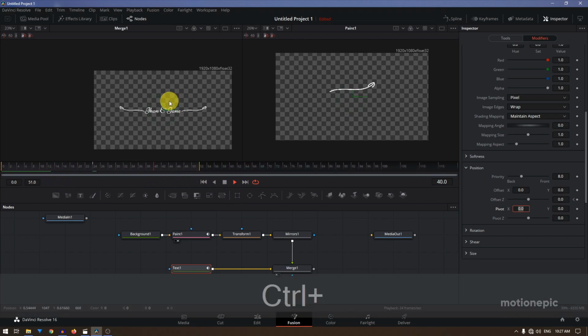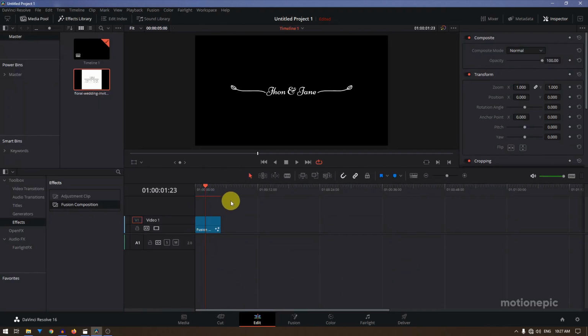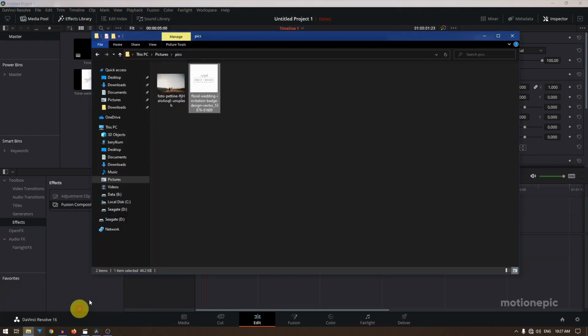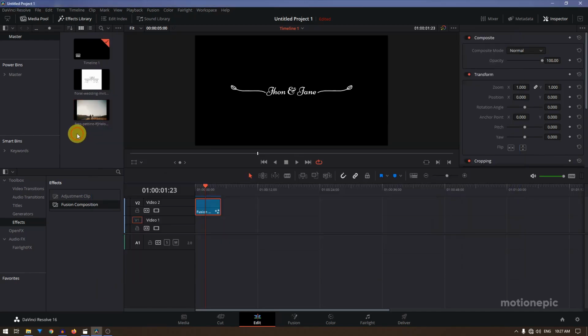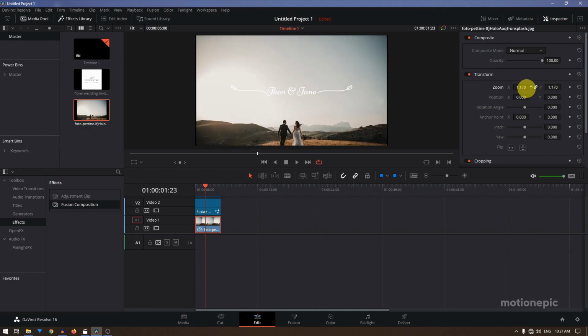So all we have to do is then connect the merge with the media out, and you can now go back to your edit page. There we have our animation, and you can just add any background. So if you move the fusion clip onto the next track, then we can go to our image, or we can just drag in a video, anything that you want. Just drag it inside Resolve, put it under your fusion clip, and make any changes to your image or the video if you want to. You can change the position,